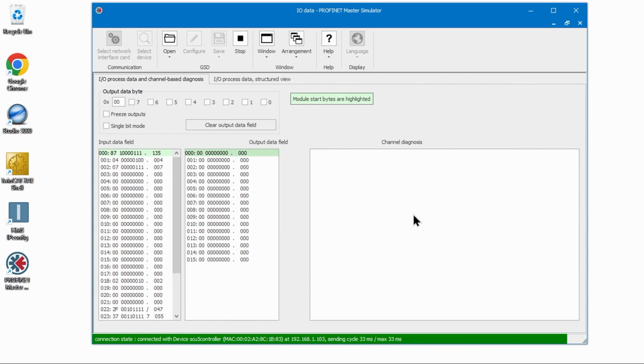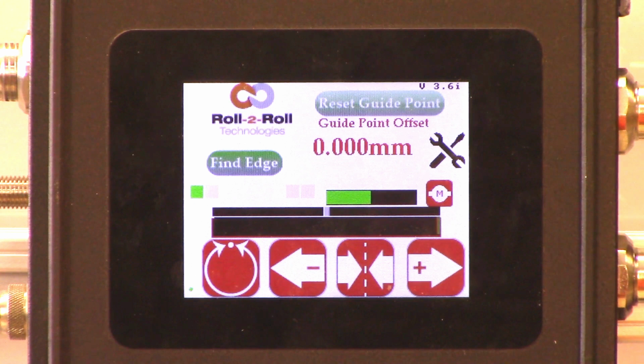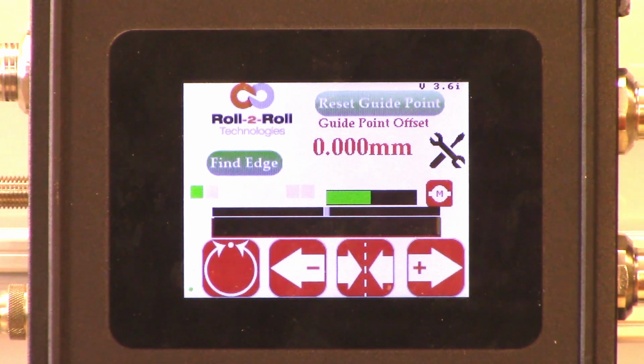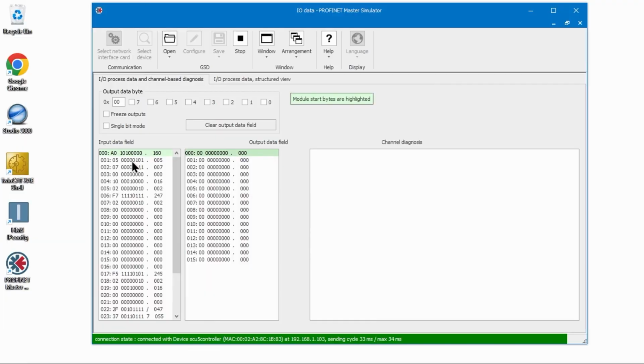Input is actually the output from our SCU5 controller, and the output that you see here is actually the input to the SCU5 controller. You can see that the connection state is established, and it shows the MAC address. On our device also, if we have some data coming in, you can see that on both the controller and the device. If I have my finger in front of the sensor, you can see that the data is updating. So that's essentially the way in which we can import the SCU5 controller into the PROFINET ecosystem using the